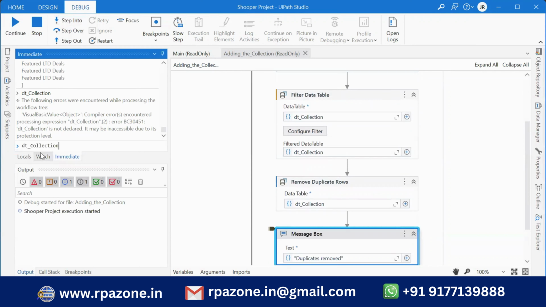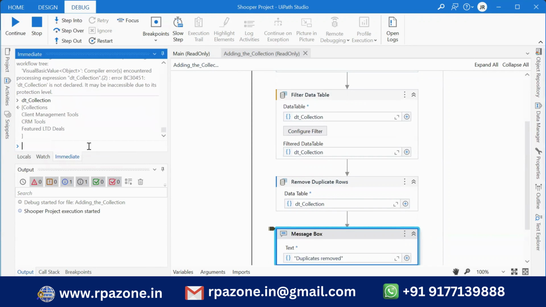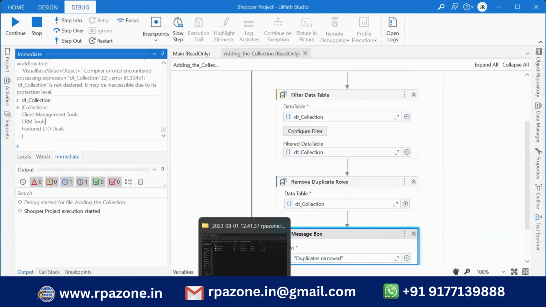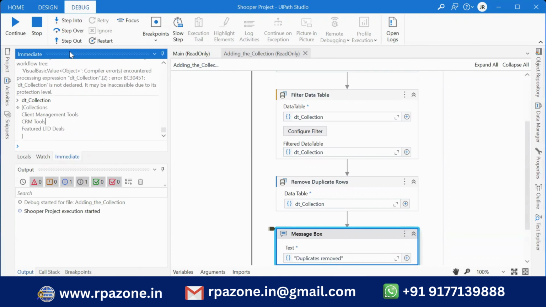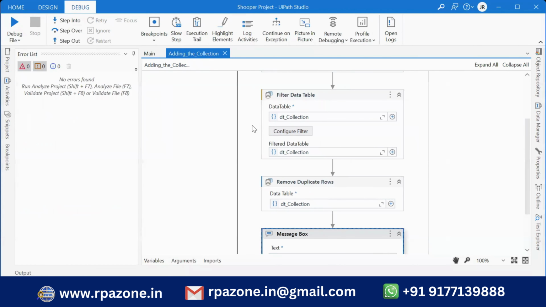DT collections. Already we removed the duplicates. You can see now only 3 are there. This is the column: client management tool, CRM tool, featured image. For these 3, we need to create the collections, because these are the collection names now. In the Excel file, those are the collection names that are available. For this, what are we going to do? We are going to use the